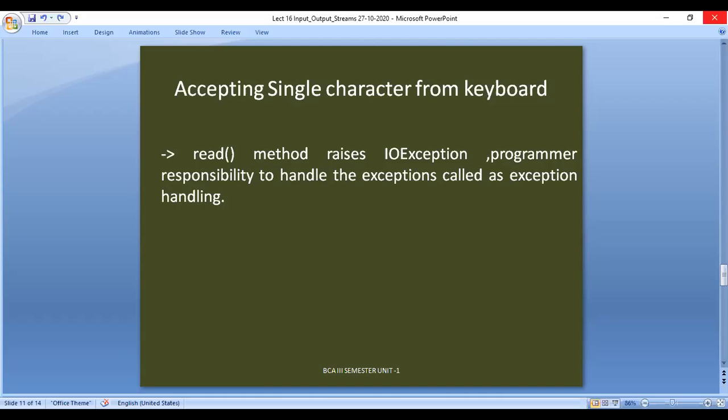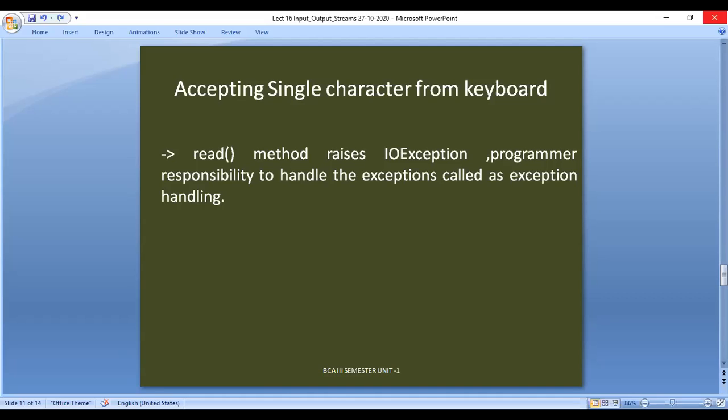The programmer's responsibility is to make sure these exceptions are handled. Handling exceptions is nothing but exception handling. We will discuss this topic in the coming classes, but the programmer's responsibility is to try to handle the exceptions. At this point, you don't know how to handle them.